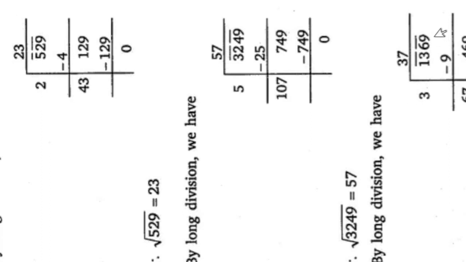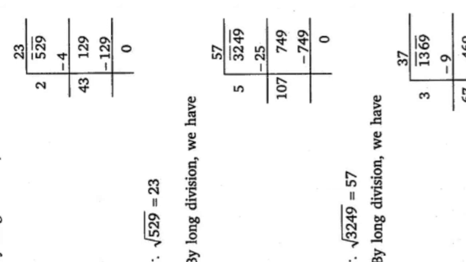Now, by long division we have the number 1369. We will group the numbers. This is the first group, 69, and this is the second group. Now, the number is 13. Up to 13 we have to find one square. So, 3 3s are 9. 9 is the square. So, remaining is 4. Now, 3 plus 3 is 6. With 6 we will put such a number that its multiplication with the same number gives 469.